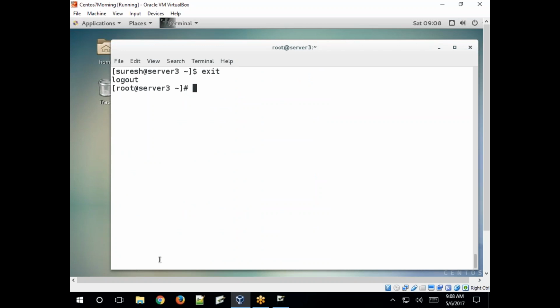Okay, exit from this normal user account. So what is the umask value by default? This is the default mask value for the root user account. After installation, execute the umask command, and it shows the default mask value 022. For a normal user account, 002 is the default mask value after a fresh installation. If you create files, permissions will be applied on files and directories based on the mask value. Clear?